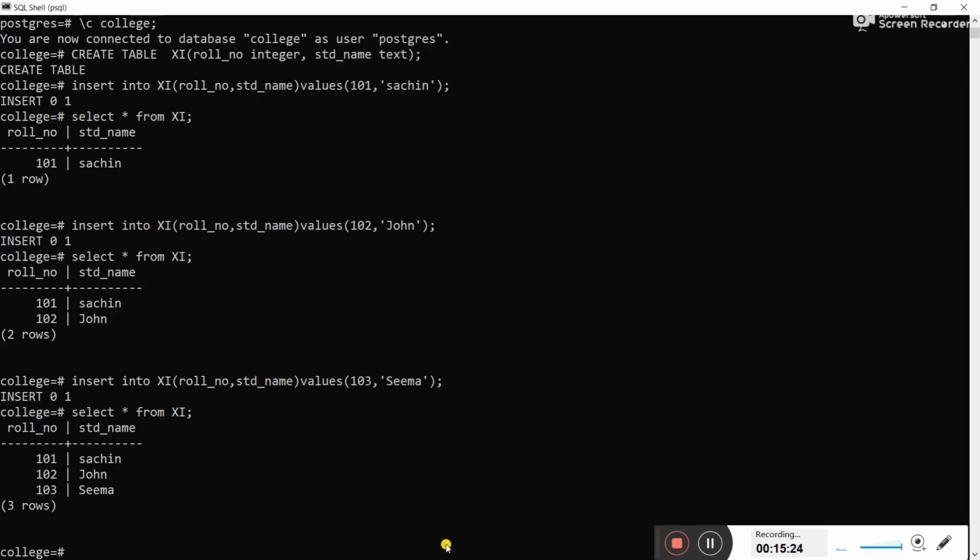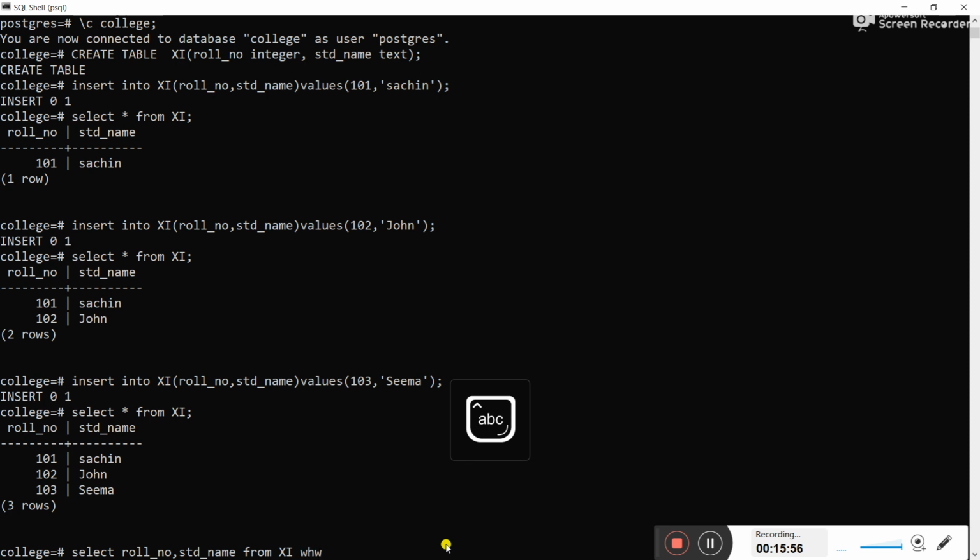Now suppose I want to display only selected records. Now we are not going to display all the records in the table, we are going to display only selected records. So select what you want to display. I want to display roll number, comma, student name from 11.